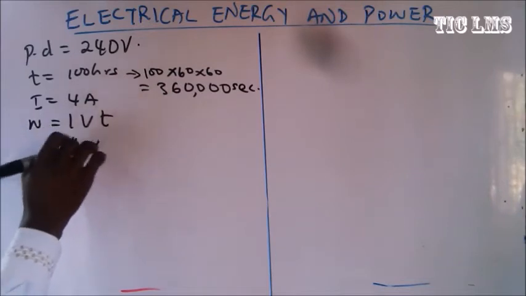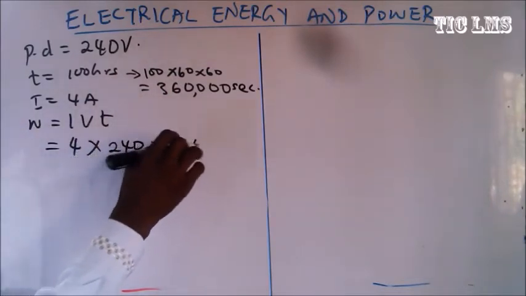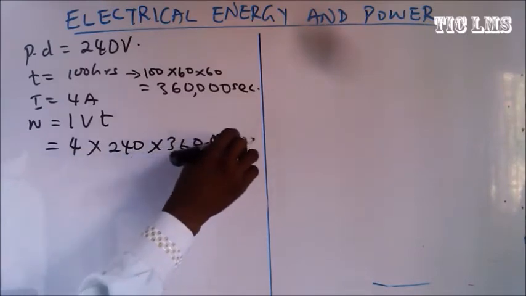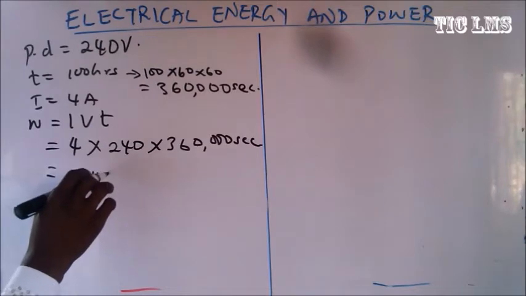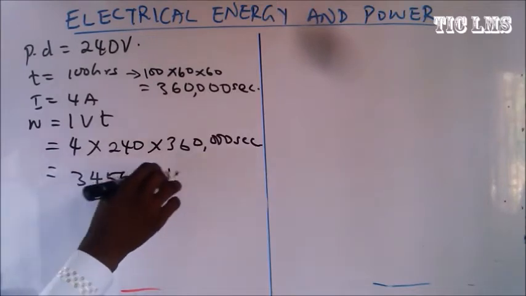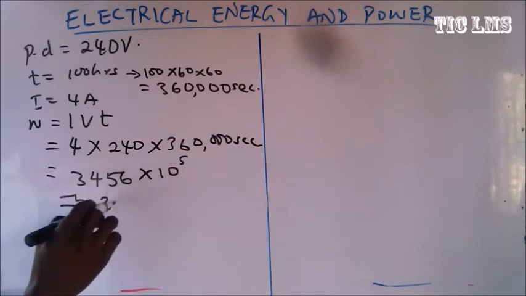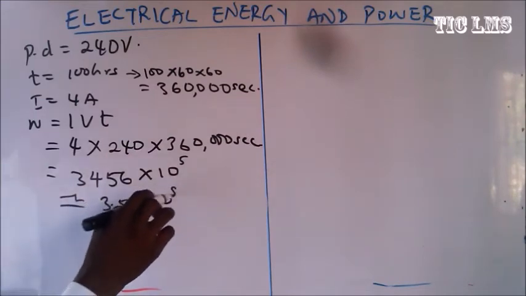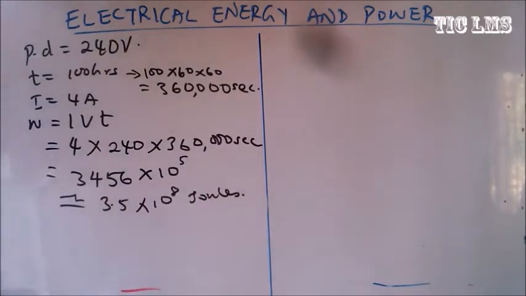Our current is 4, the voltage is 240, and the time is 360,000 seconds. And so this would give us 345 times 10 raised per 5, which we could approximate as 3.5 times 10 raised per 8 joules. Alright? Now in the question, we've gotten the first part of the question, and that is the total energy